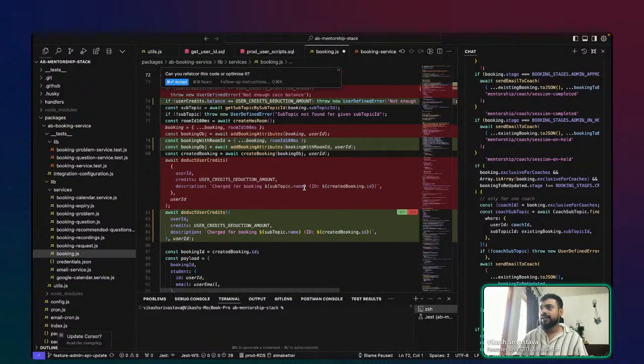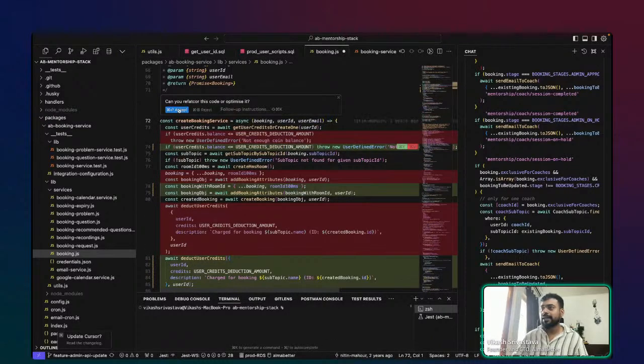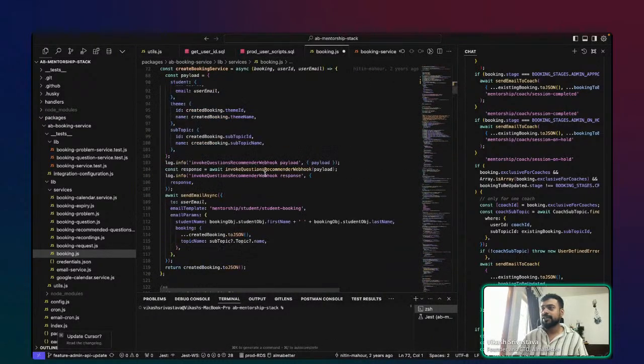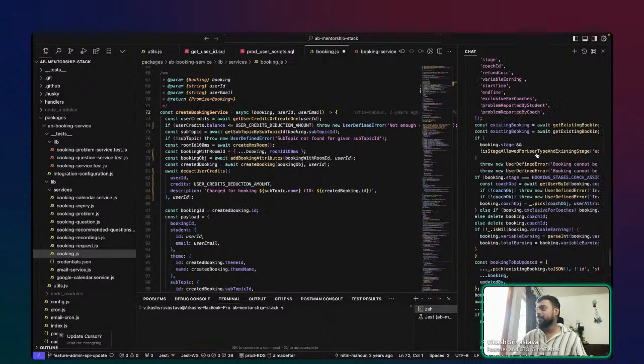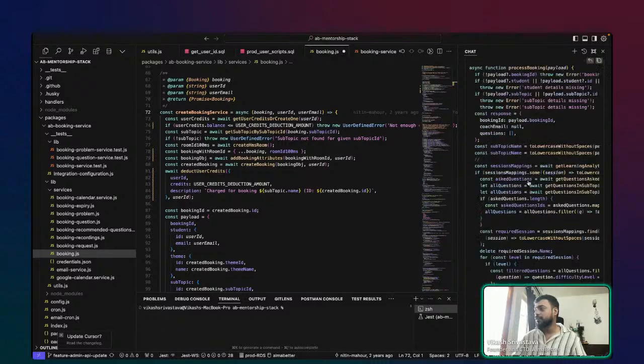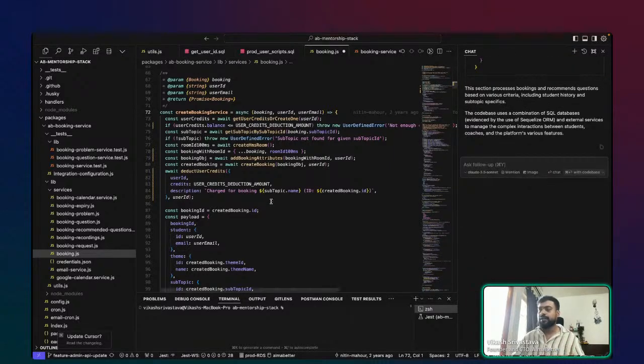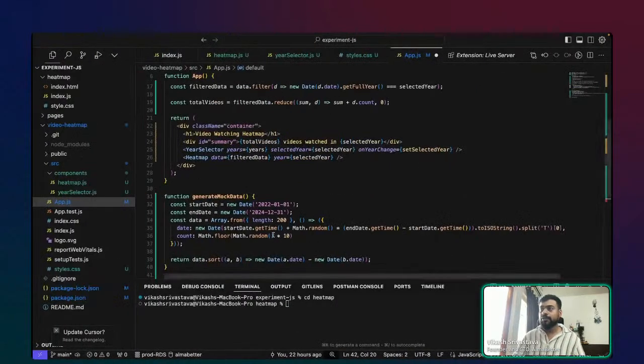Okay, so you can see, and maybe I can accept. If I accept, you can see that there is a certain change that I have been able to make here. And I can keep asking. So if I need to generate some code or do some improvement, because I'll tell you honestly, right?